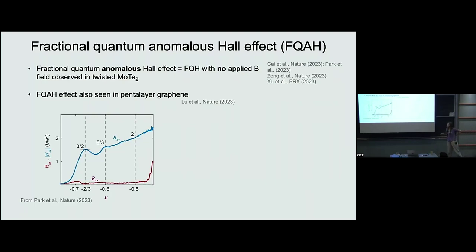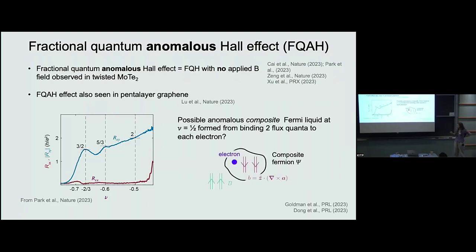But what I want to talk about today, instead of these incompressible states, is the possibility of a compressible state seen here at nu equals 1/2. There, this linear R_xy, as well as the small longitudinal resistance, are consistent with a possible anomalous composite